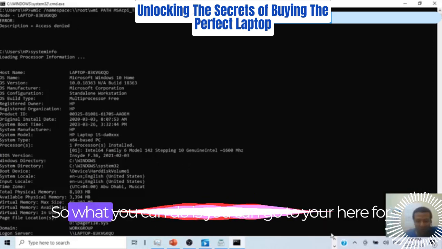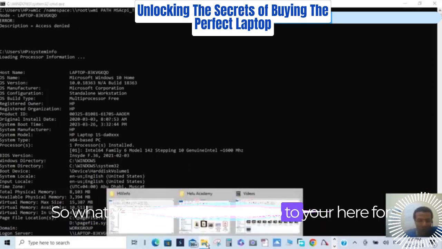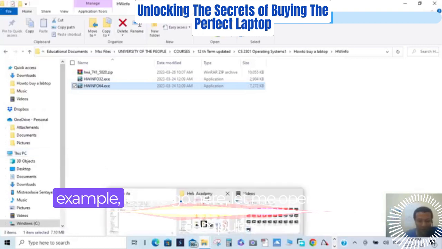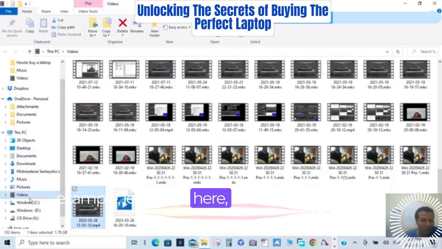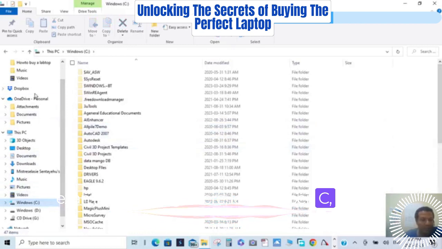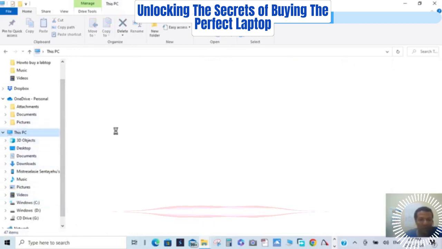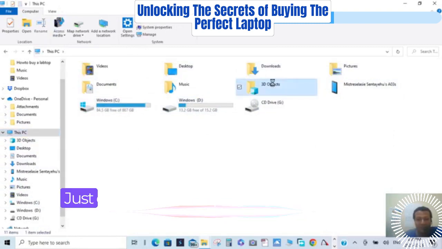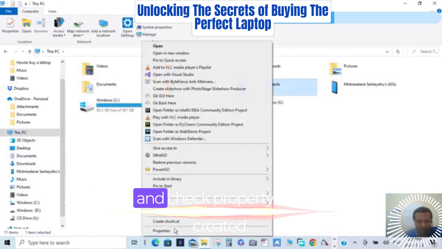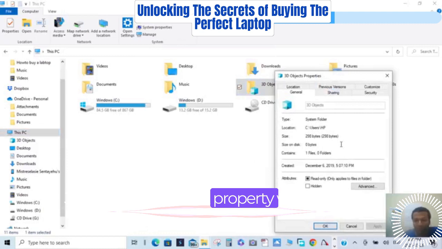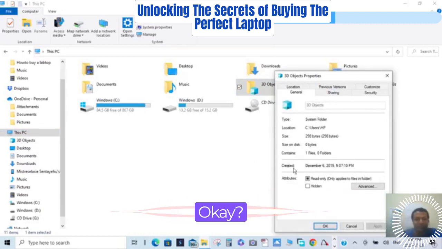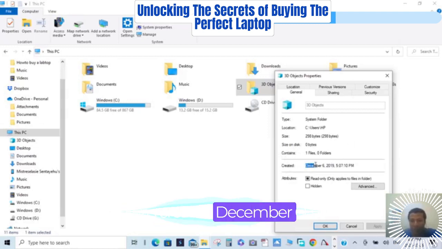What you can do is open my computer, and as you can see these are the documents. Just open and check properly when this was created. For example, this was created December 6,